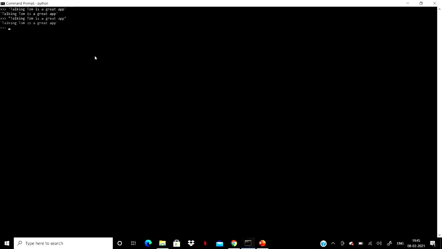For example, if I change the string to 'it's a sunny day', you notice that it starts with the single quote and then it suddenly ends with a single quote because there's an apostrophe s here. So this gives a syntax error that this is an invalid syntax and doesn't allow the tool to actually read this text. The solution around this is to use a backward slash to escape around this problem.